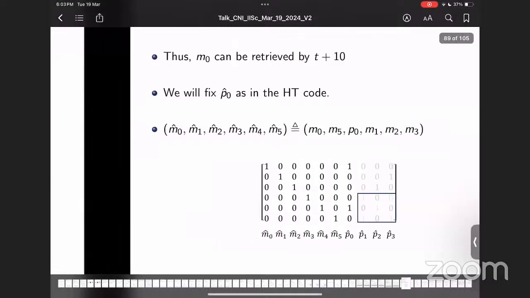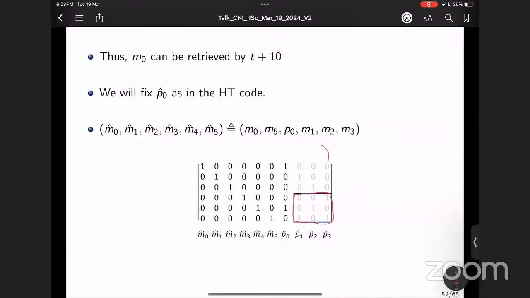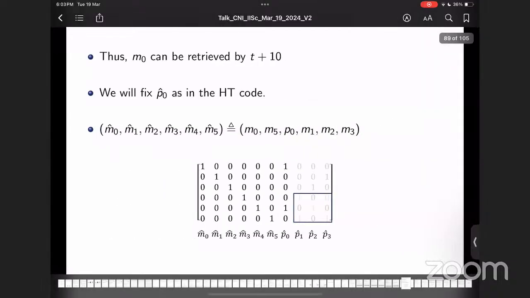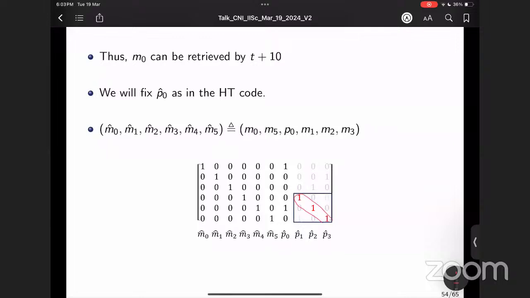For example, I have permuted the last 3 columns like this. I have moved this column to here and this column to here, and the second column I'll retain as it is. When I did that, I ended up with this matrix. Now if you see here, there's an identity hidden. There's a 1 here, 1 1 1 here. It's not purely an identity, but embedded within that submatrix, you have an identity. So I'll permute my columns such that this happens.